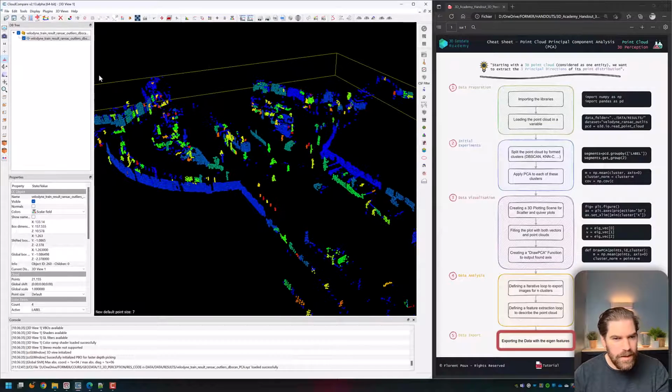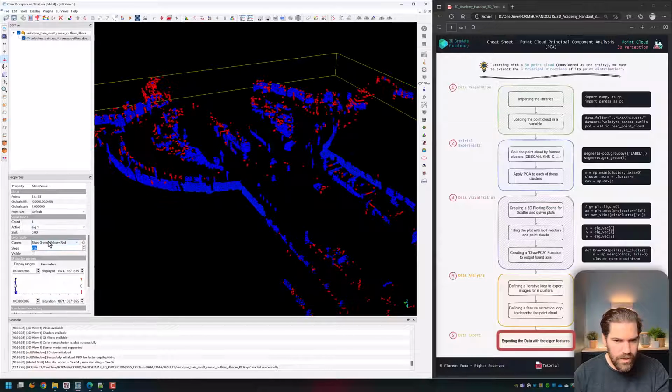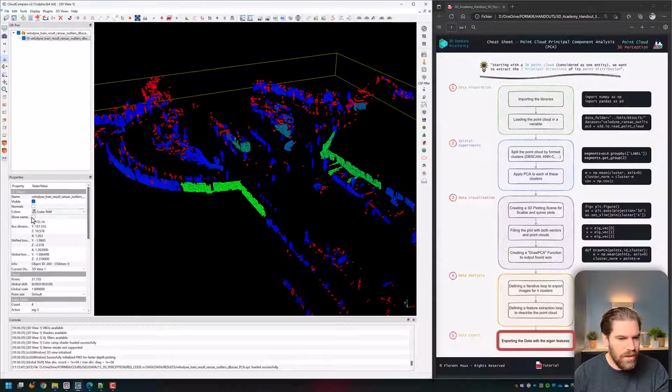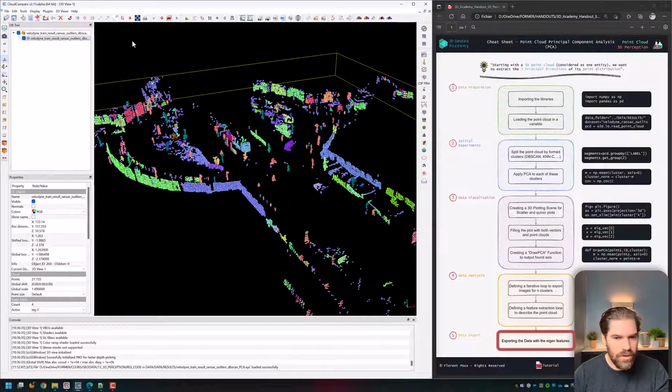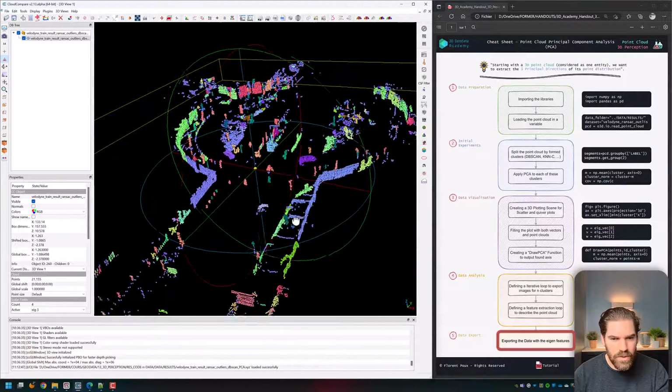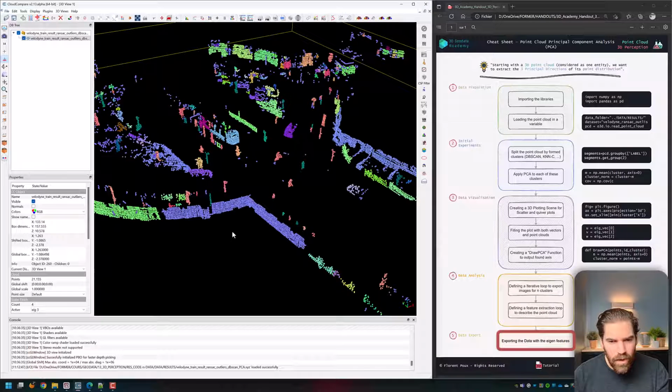Very nice. And now if we want to see another element, let's say eigenvalue, you have the eigenvalues which are shown here, and the normals. You can do that by Edit, Normals, Convert to HSV color, and that is the normals. So we see that we have nice normals. So now our point cloud has